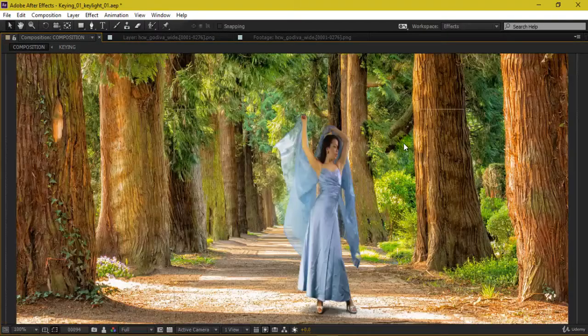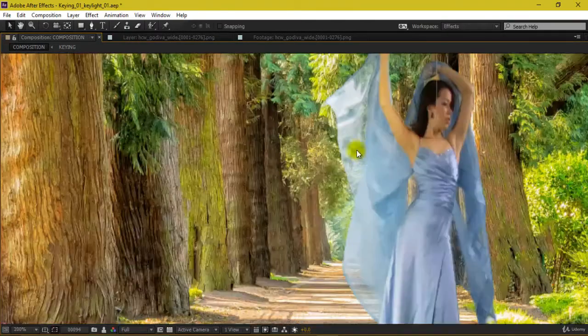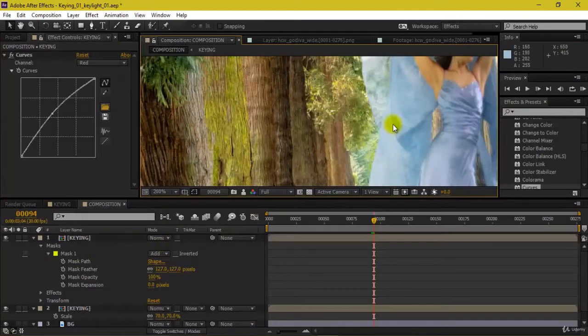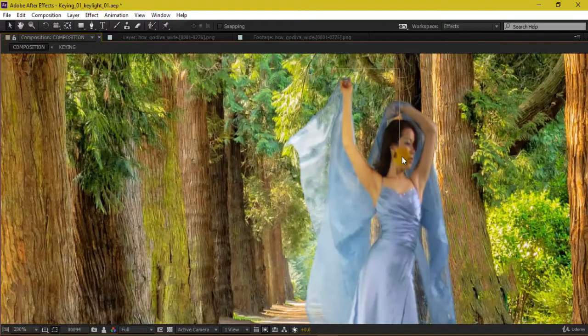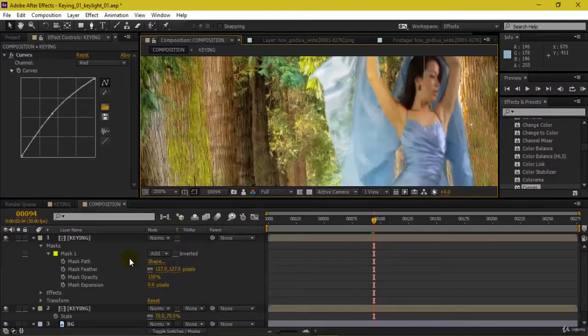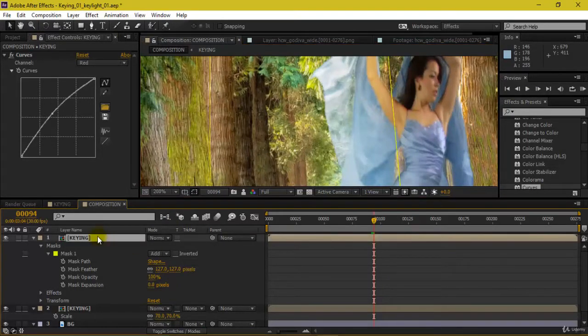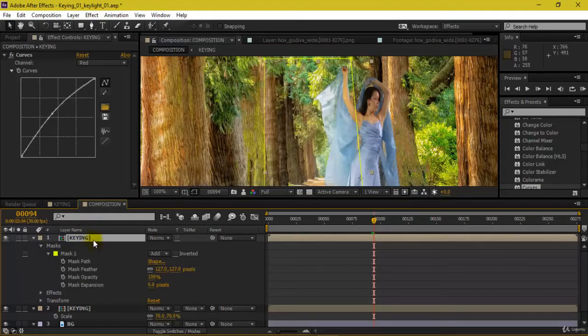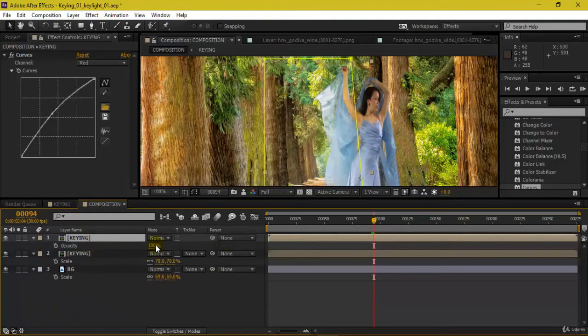So right now, if you see this composition over here, it actually looks like some nice light is coming from here. Now the advantage of doing this is you can also increase or decrease the intensity of this. So that's the reason I've duplicated that. So just holding down T, it takes me to opacity. And right now, if I just decrease this, it gives me individual control.